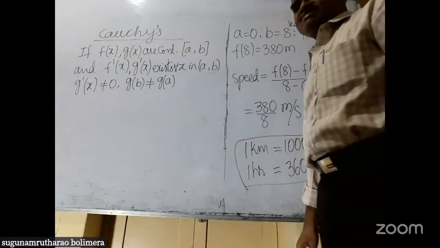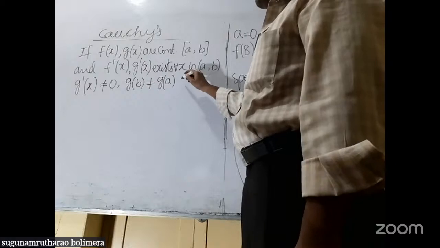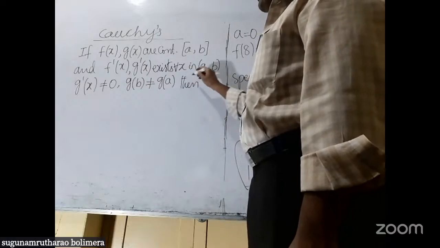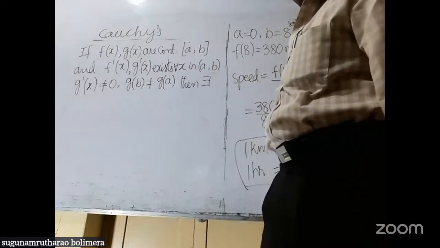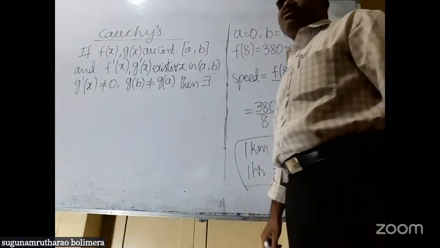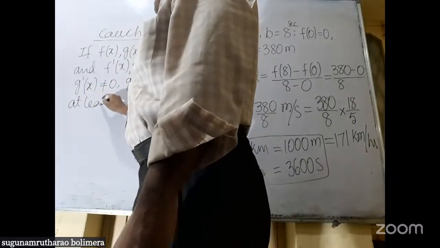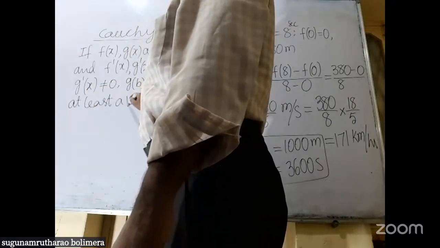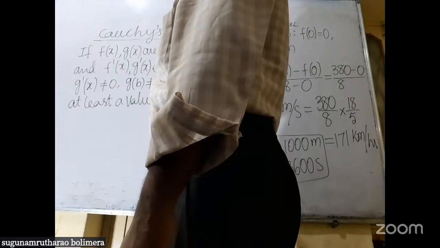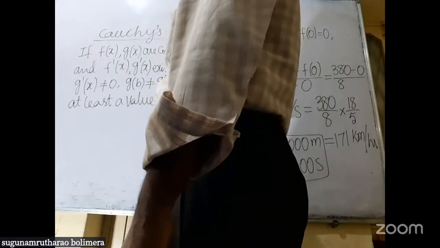Then there exists at least a value c in open (a, b)